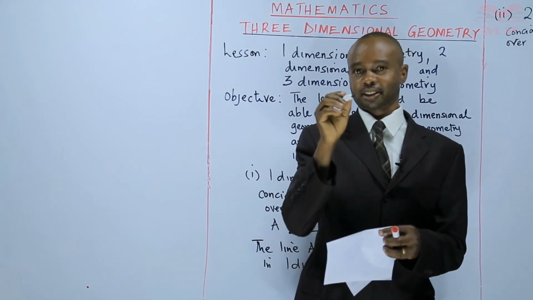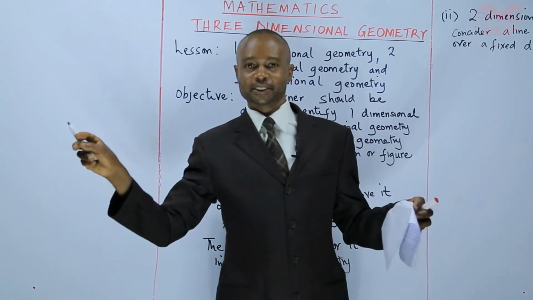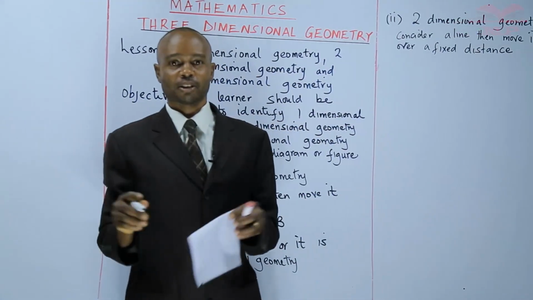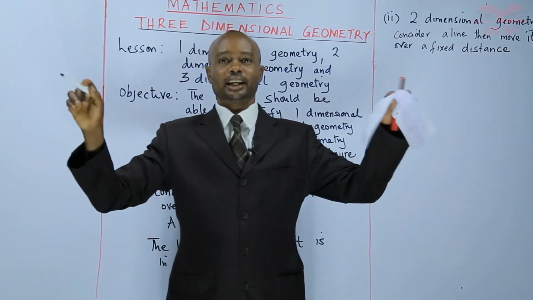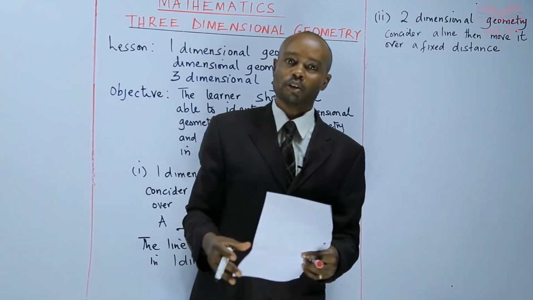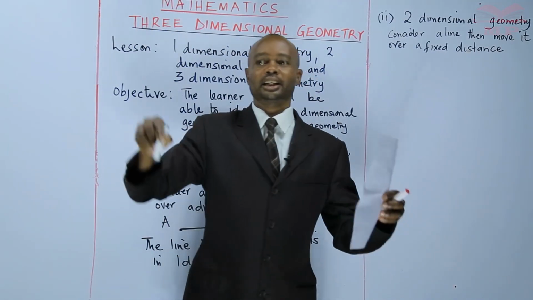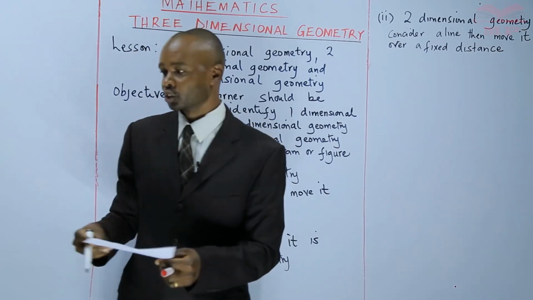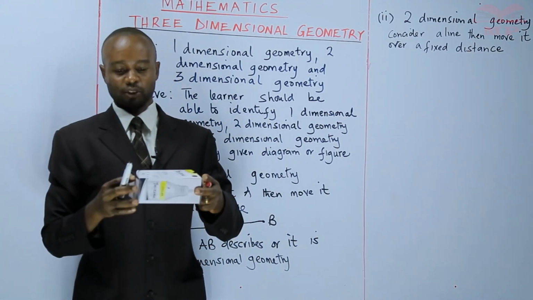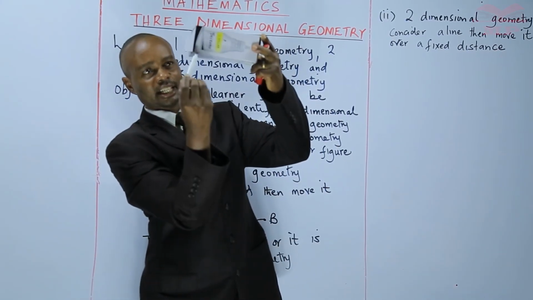In the first case of one-dimensional geometry, we considered a point, and the point was moved over a distance, and we saw a line. So a line is a typical description of one-dimensional geometry. Wherever you see a line anywhere, either in a box like this box, this line below here, from this point to that point, that line only,